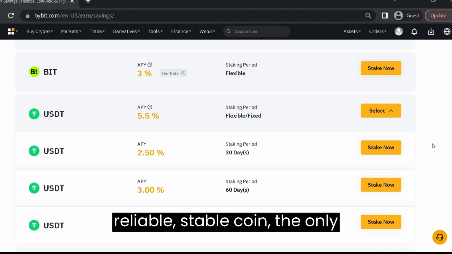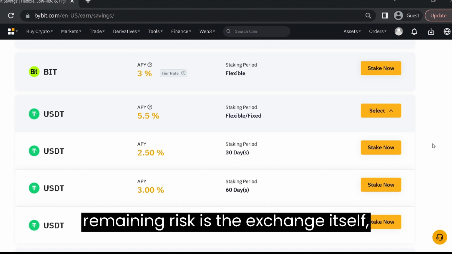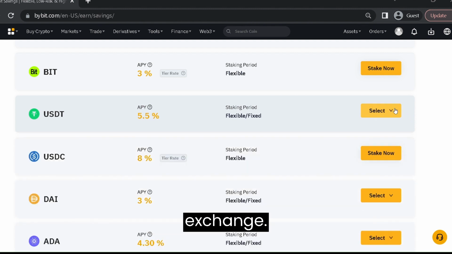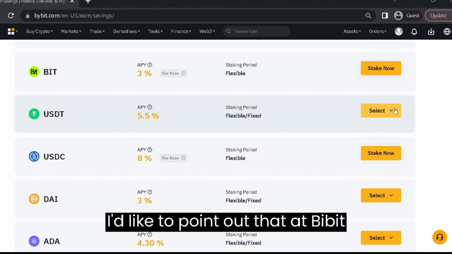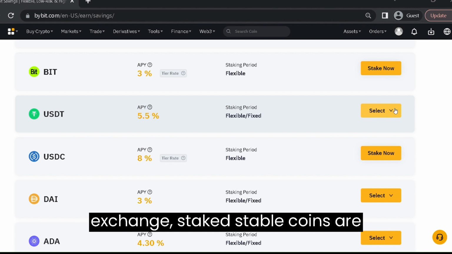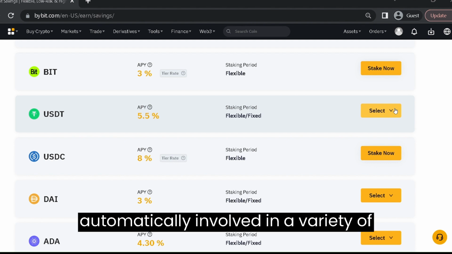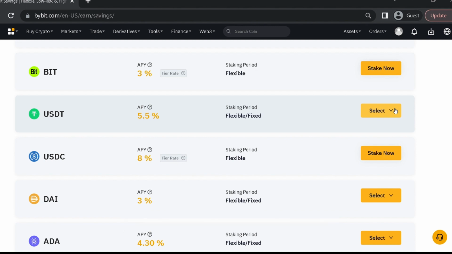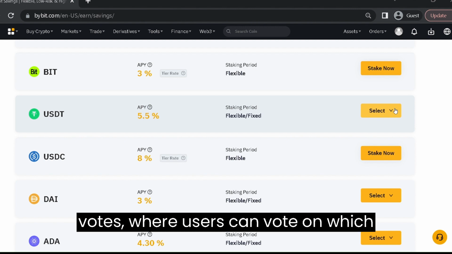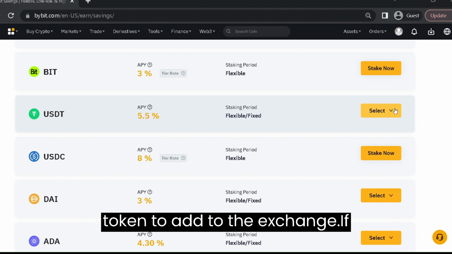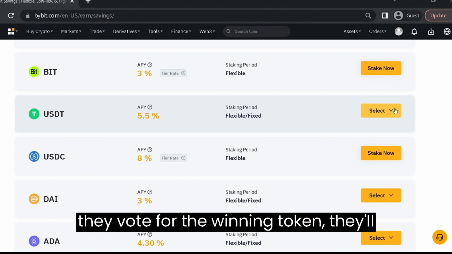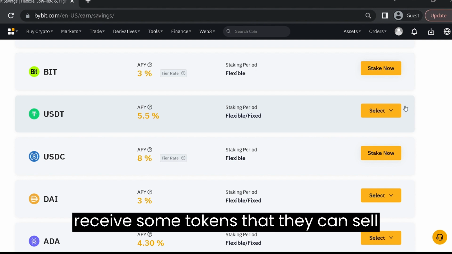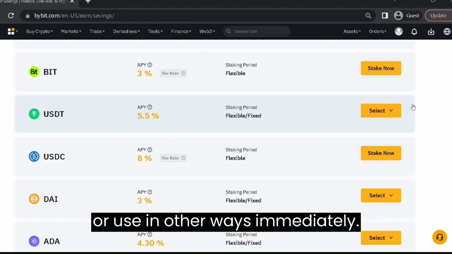If you choose a reliable stablecoin, the only remaining risk is the exchange itself, so make sure to use a trustworthy exchange. I'd like to point out that at Bybit Exchange, staked stablecoins are automatically involved in a variety of activities. One of them is buy votes, where users can vote on which token to add to the exchange. If they vote for the winning token, they'll receive some tokens that they can sell or use in other ways